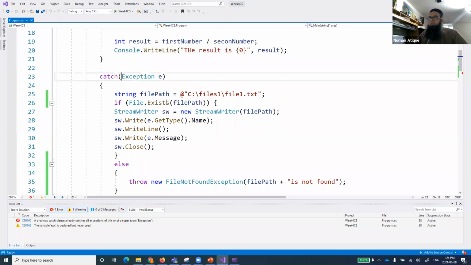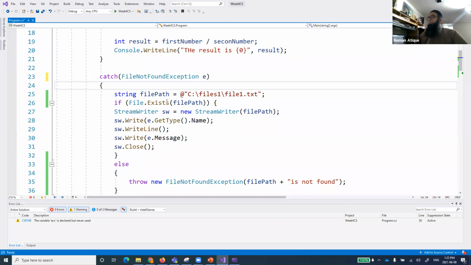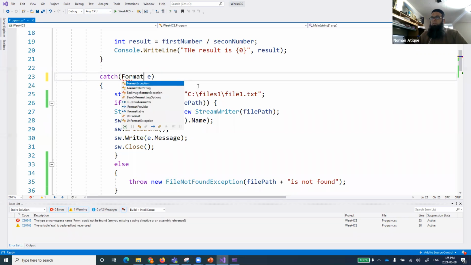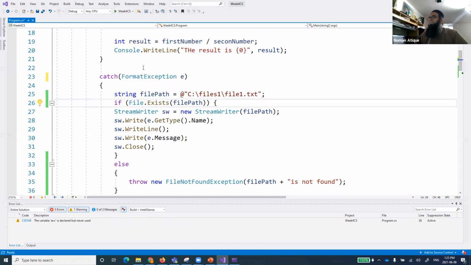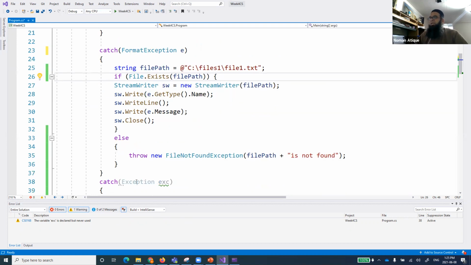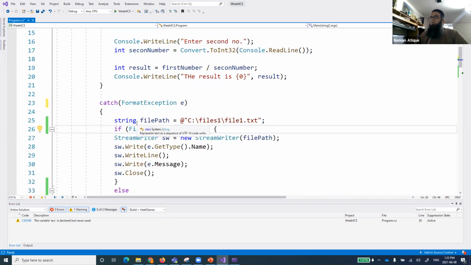Okay, just convert that one into FileNotFound. You remember that something called FileNotFound is not good over here. It can be FormatException. I'm just giving a FormatException over here, just so you know why it is happening. Because if a FormatException occurs over here, it will only catch over here. But again, we'll talk about how I can handle that. So this is an exception that we will handle later on.